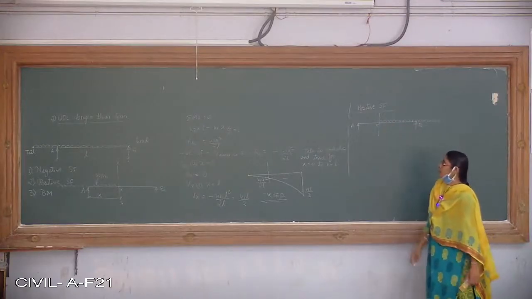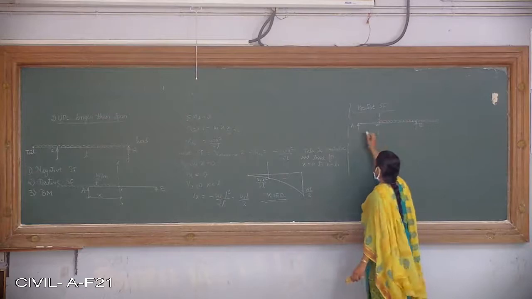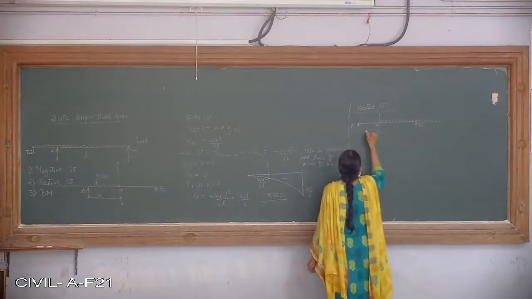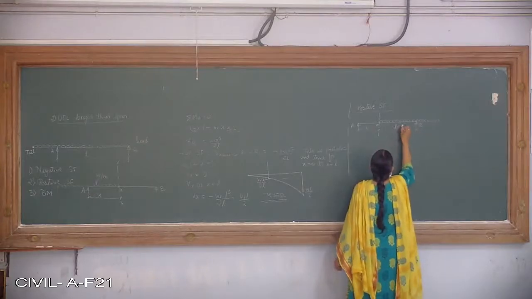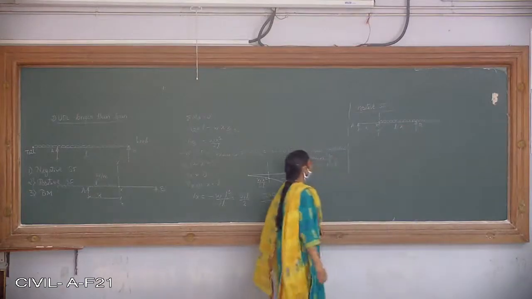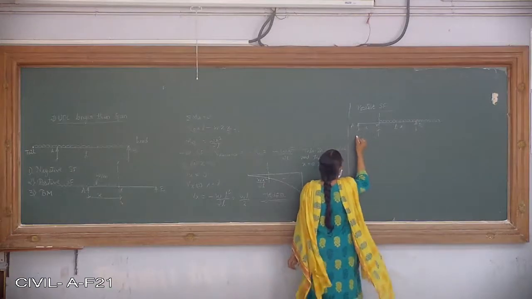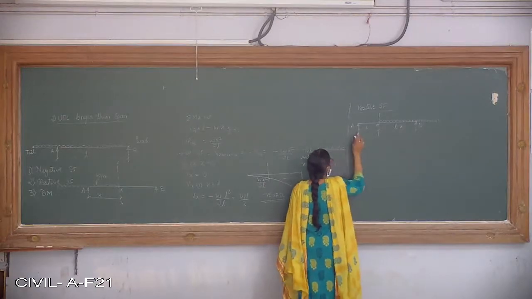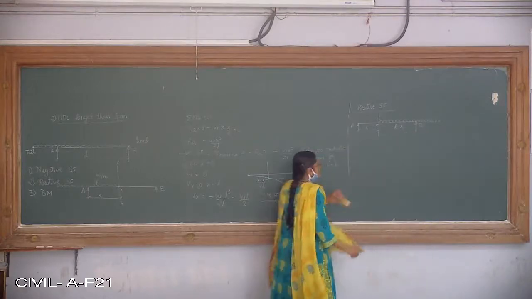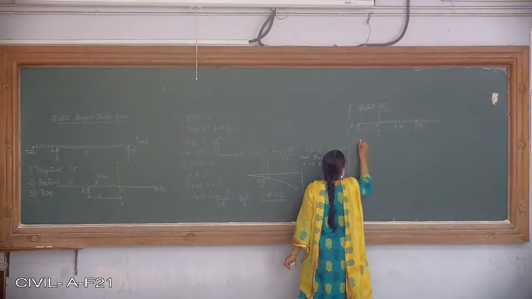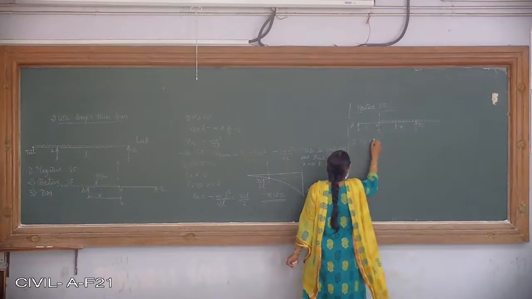At that point, from there onwards, I can calculate the positive shear force. So this is at a distance x here, and this will be L minus x. So let me calculate the value of Ra. If I have to calculate Ra, it should be summation of moment about B equal to 0. Let me take summation of moments about B equal to 0.